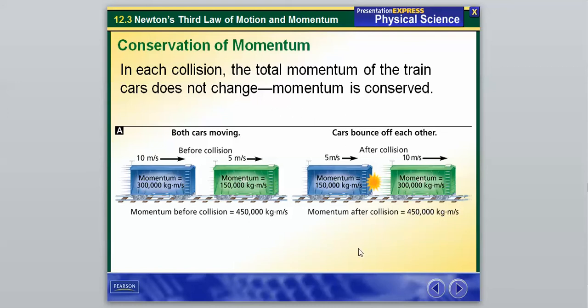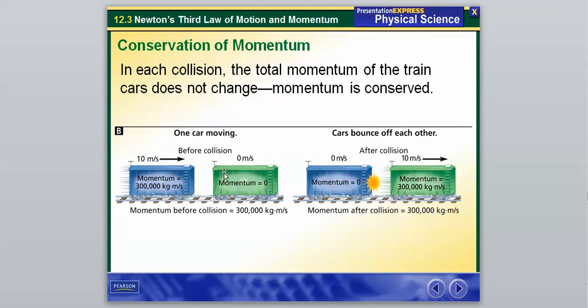The momentum was conserved, it was transferred from one car to the next, and that's what we're going to see in this example as well. This car, only one car is moving, and then again in a closed system with no other forces, when this single moving car bounces off the one, all of the momentum from the moving car is now transferred to the non-moving car, and our momentum is the same before and after the collision again as well.